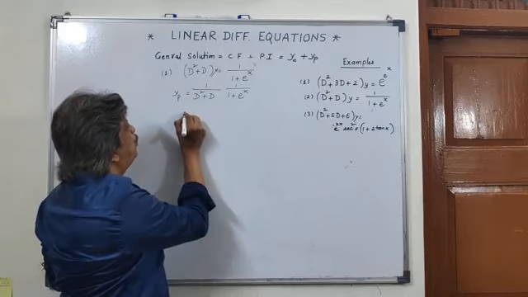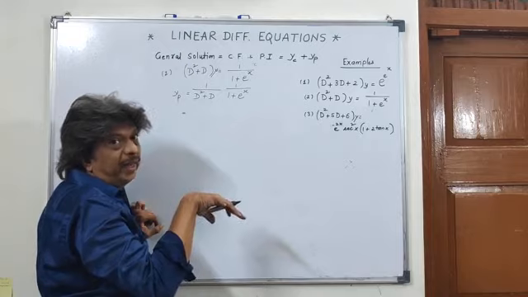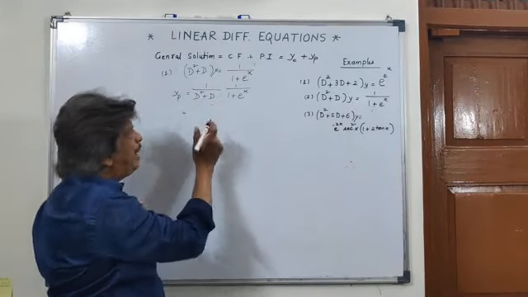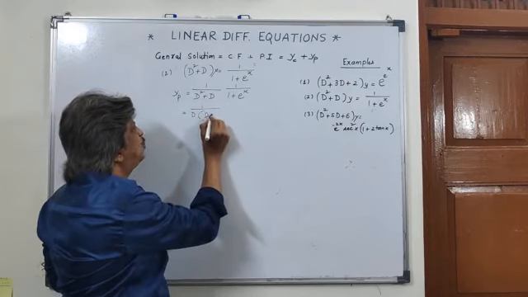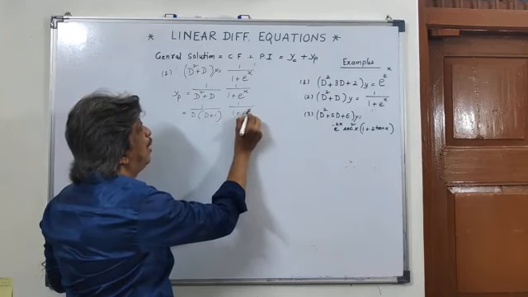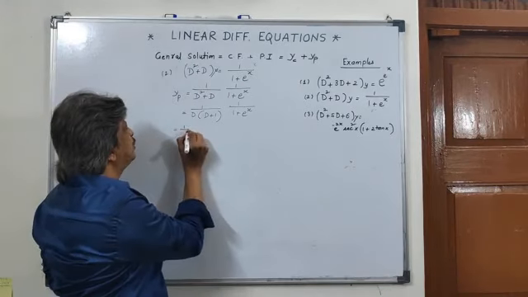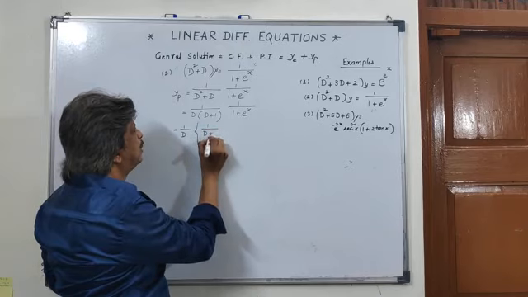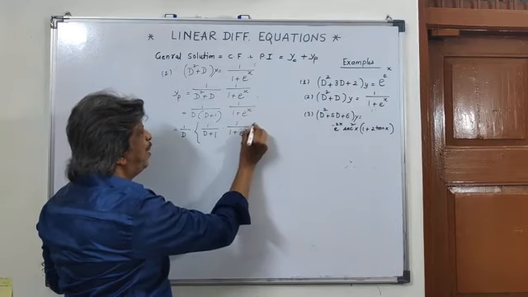That is further equal to, it is quadratic in d. For employing the general integral formula, we need to factorize this into linear parts. So obviously d seems to be common over here: d into d plus 1 into 1 upon 1 plus e power x. This is further equal to 1 upon d times 1 upon d plus 1, operating on f of x, which is 1 upon 1 plus e power x.